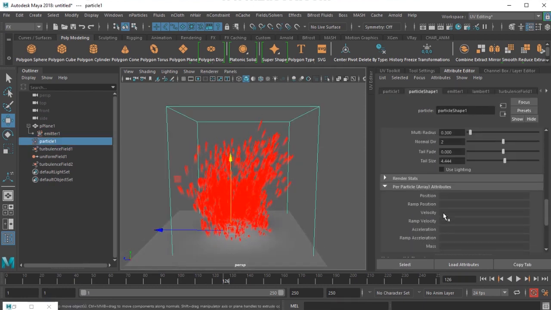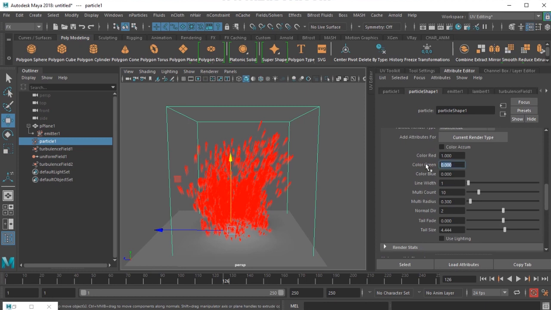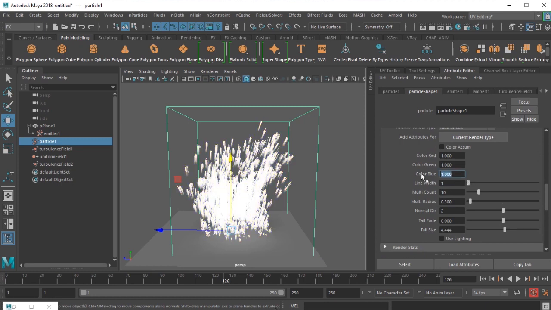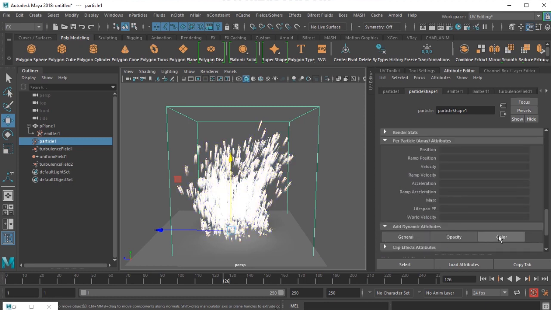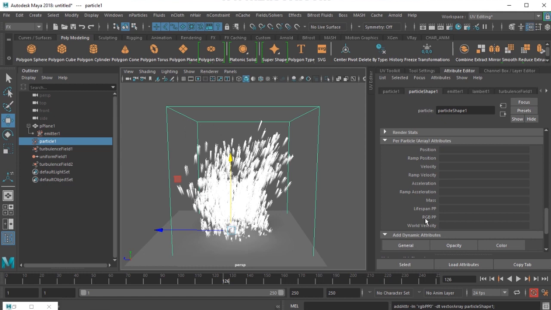And I change the color to white at the object level, and in the per particle attribute section, which is this section, I am going to add a color attribute. By enabling this and saying add attribute, it brings up an attribute called RGB PP. Right click there and apply a texture, and mainly it is a ramp texture.